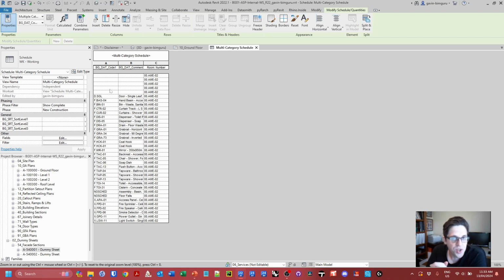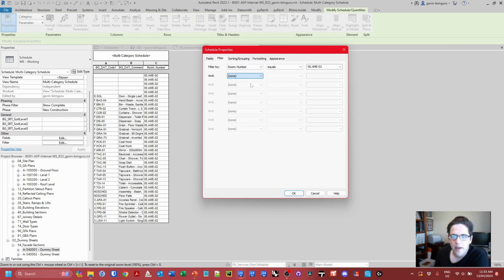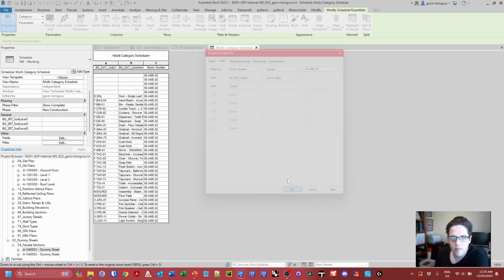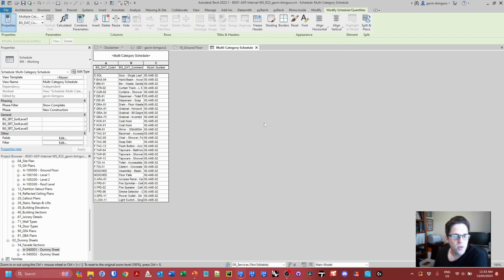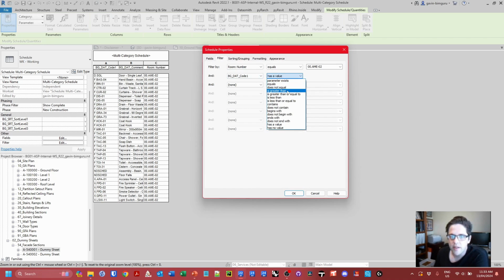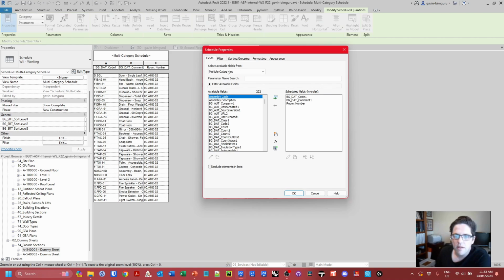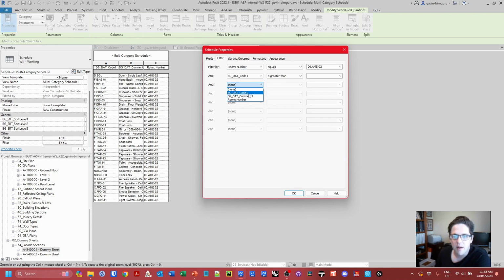Now, unfortunately, we actually have to schedule out everything else. We can't say contains this or that. So in this case, I'm actually going to be turning off anything that is no schedule, anything that is empty, or anything that is D dot. So in this case, I'm going to go to fields. So to hide empty things, all we have to do is say that code has a value. Immediately, empty fields are gone. You can also say that code is greater than an empty field. Both methods will work. As well as this, I'm now going to hide anything that begins with